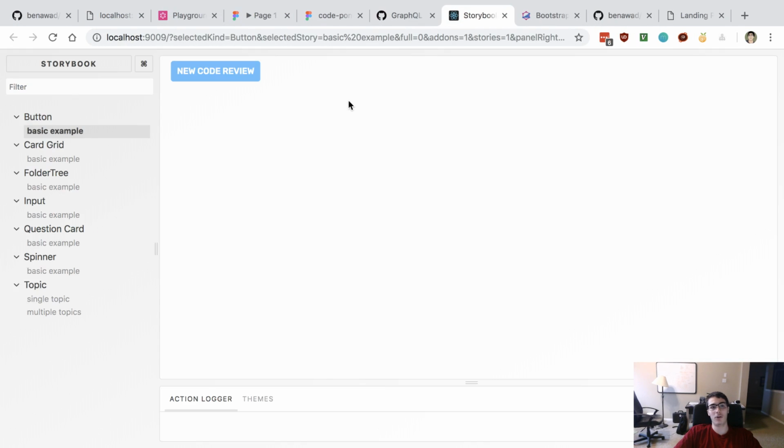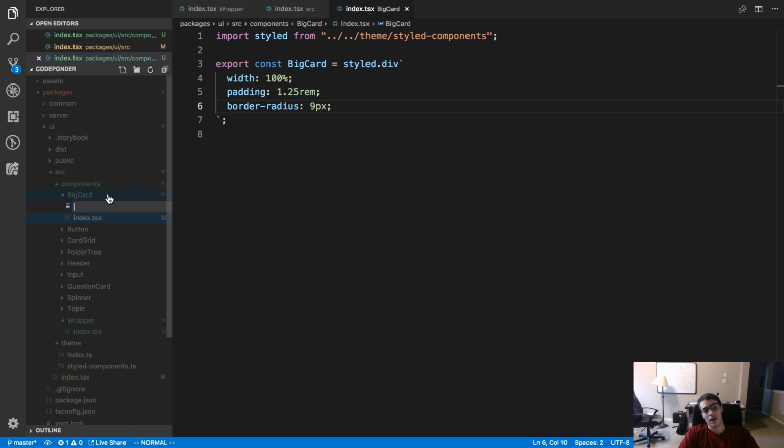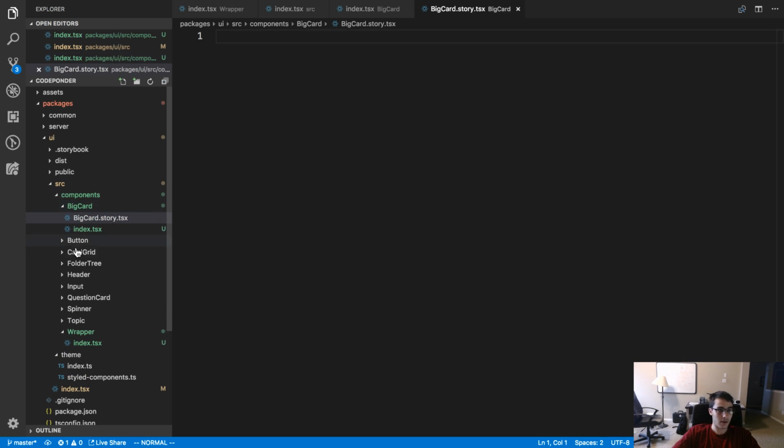Alright, so I do want to render this card so I can see what this big card looks like. We're going to say bigcard.story.tsx.